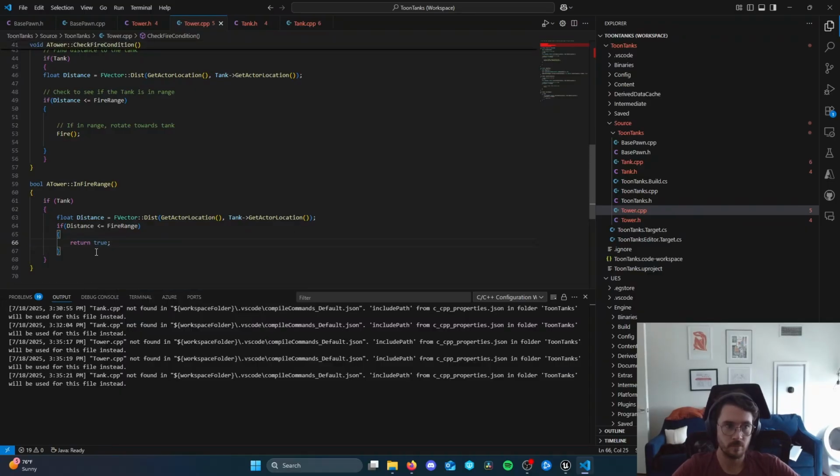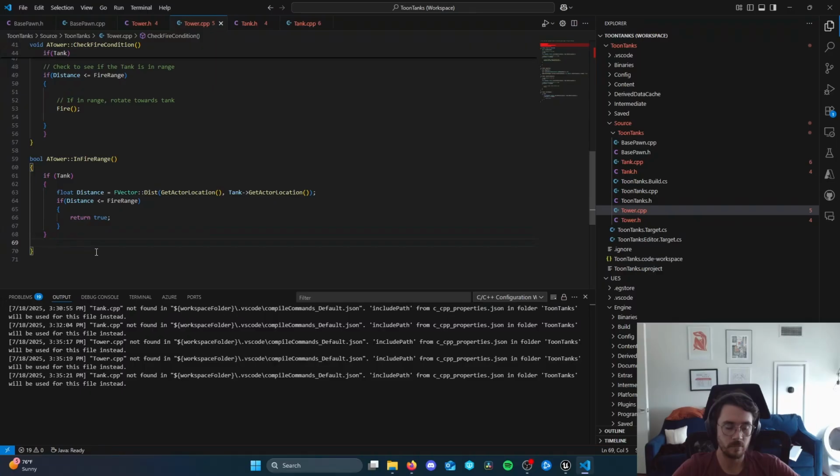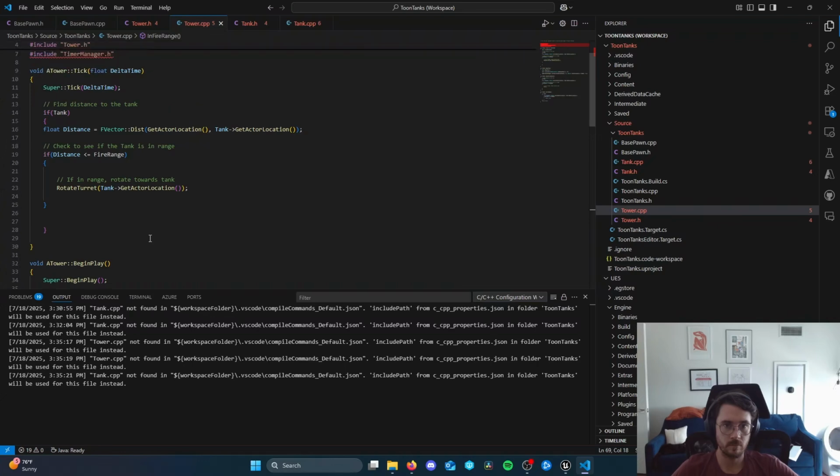And we can use this instead of using repeated code in our 2 functions. So up here in tick, for example, we only need a single check to see if we're in range before we rotate the turret. So what we can do is we can say if in fire range, and if this returns true, we are in fire range. So we can call rotate turret. So we'll put that right there in the if statement. And now all of this code is unnecessary. So we can simply delete it. And now in fire range, and if this returns true, we are